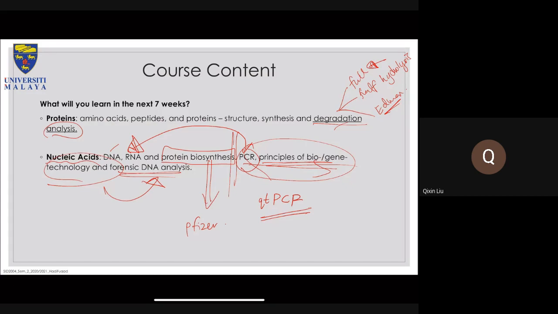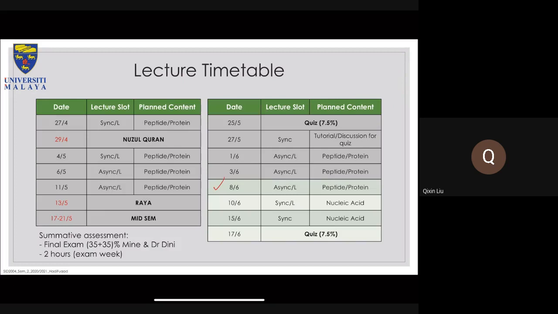Okay, all right, so we are already on, oh, sorry, that one. Okay, so we passed through that one last Tuesday, and now we are on the 10th of June. So we have one more lecture on nucleic acid next Tuesday, and finally we will have your quiz. And your quiz, of course, will only cover this section. I will not be putting whatever we have covered in that particular lecture over here, but for your final exam later on, these two, pretty much it covers the whole subject, so definitely will be there.